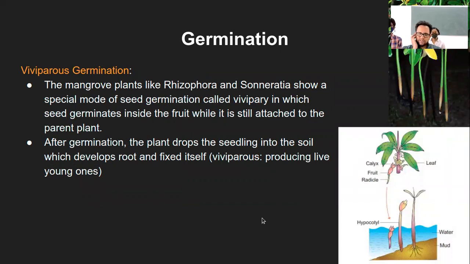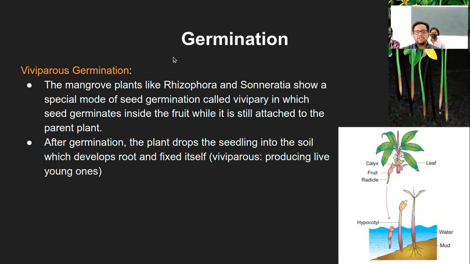Now, the last, or rather the second last part of this germination topic is this viviparous germination. Now, the word viviparous usually refers to producing a new generation in live form. Like some birds lay eggs, and some animals directly give birth to the new baby, or whatever that new generation is called. So giving birth to young ones is called viviparous. Now you can simply imagine what would be the viviparous germination.